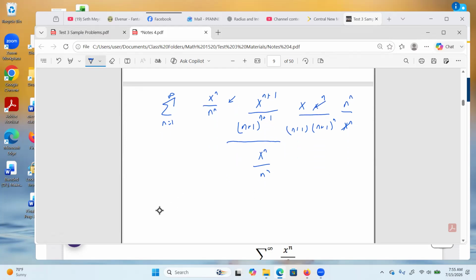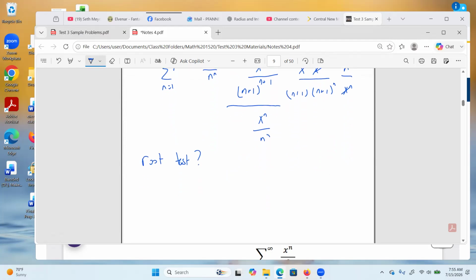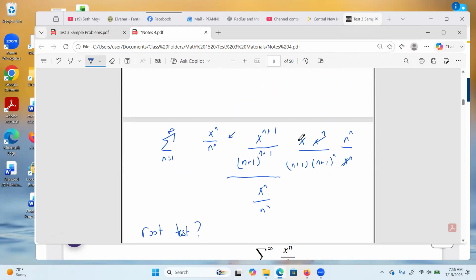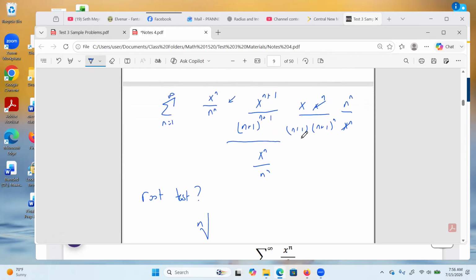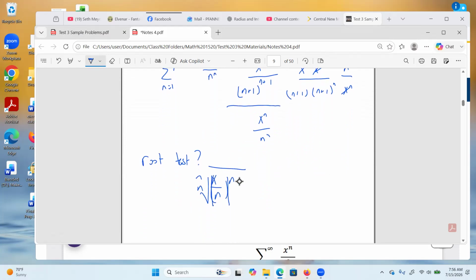Instead of using the ratio test, how about we try the root test on this one, and see if that works. So what I'm going to do is take the nth root of the absolute value of x to the n over n to the n. We'll keep that in absolute values there. It's terrible, but we'll deal with it that way. So we have the nth root of x to the n over n to the n,